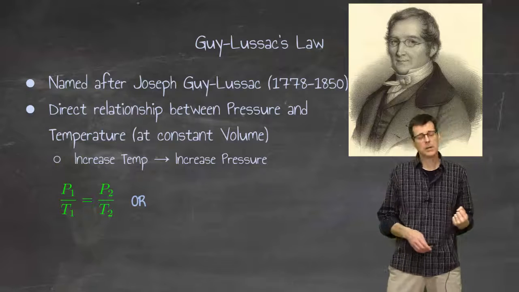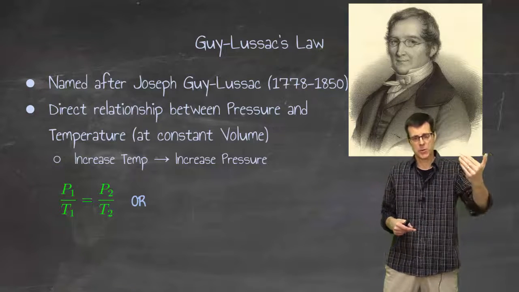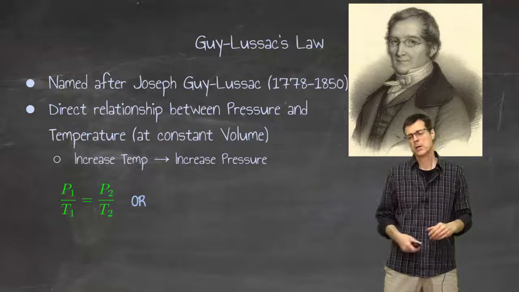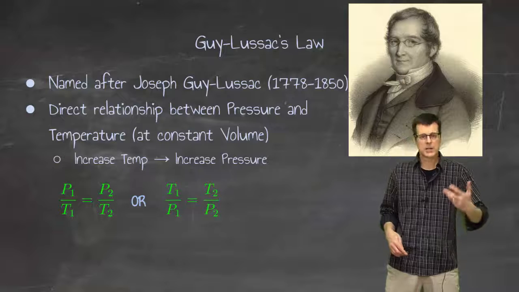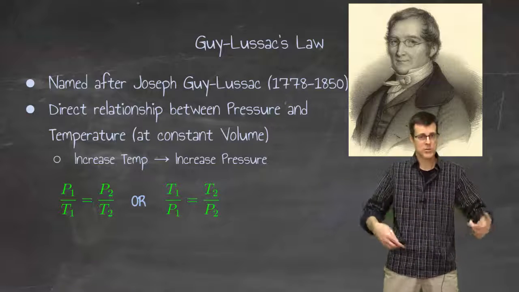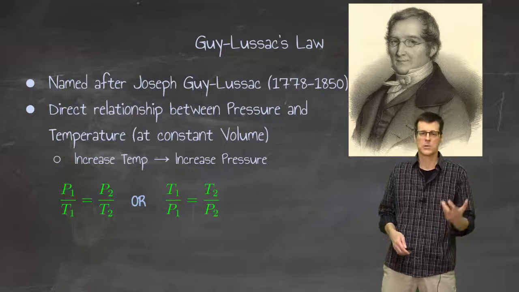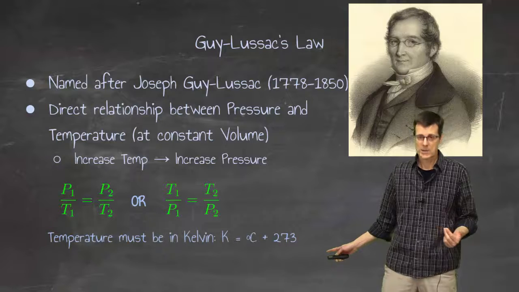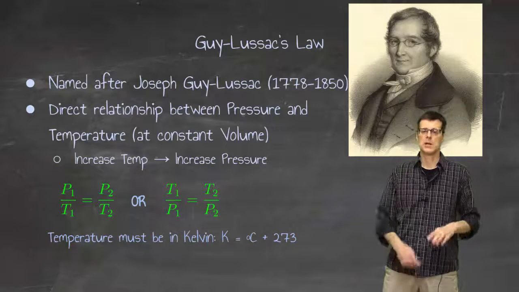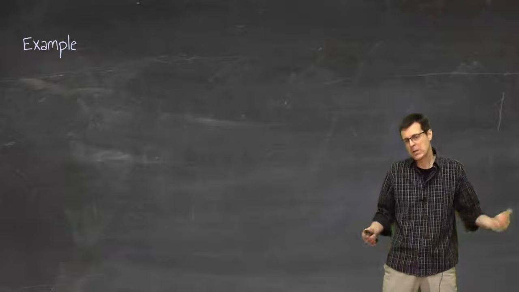Very much like Charles' law, I've got this relationship where pressure's on top, temperature's on the bottom, pressure this time instead of volume. And again, like the other one, if I'm looking for temperature, it's more convenient to have the temperatures on top, but I'm pretty much always going to be looking for a new pressure in this course. And like before, the temperature must be in Kelvin all the time, and I would put a star beside that as well. To look at an example,